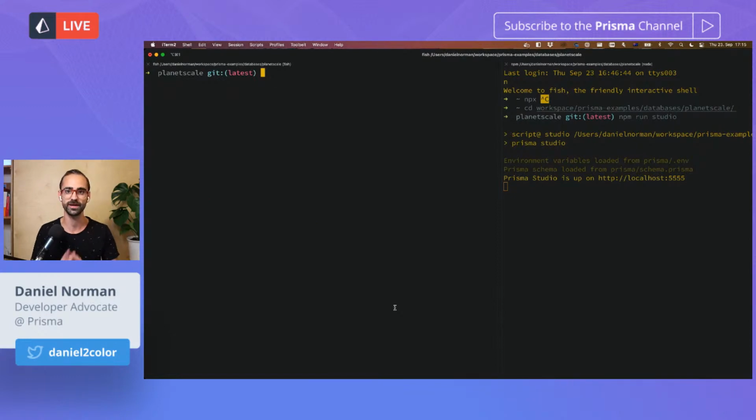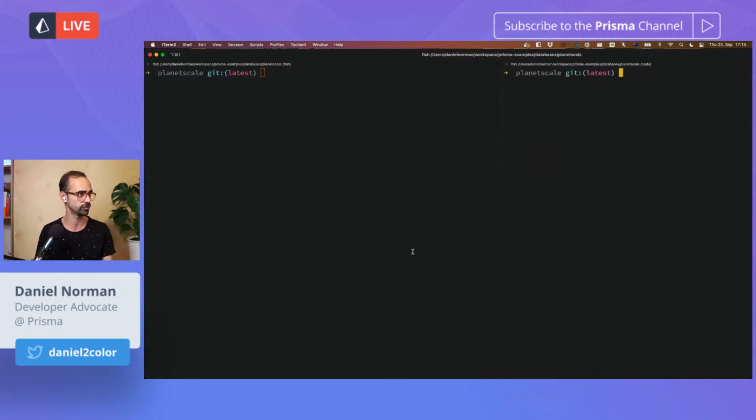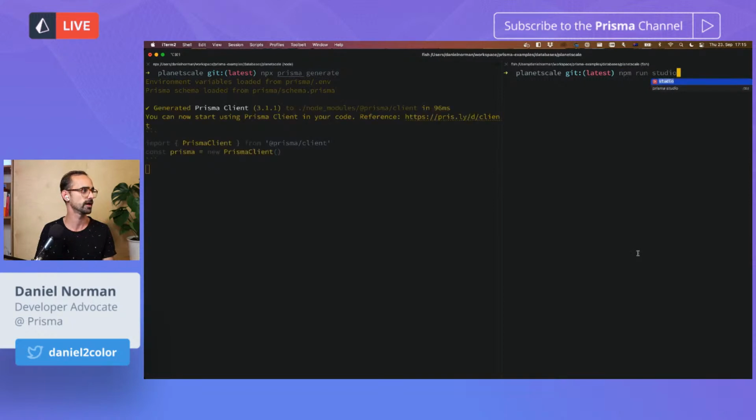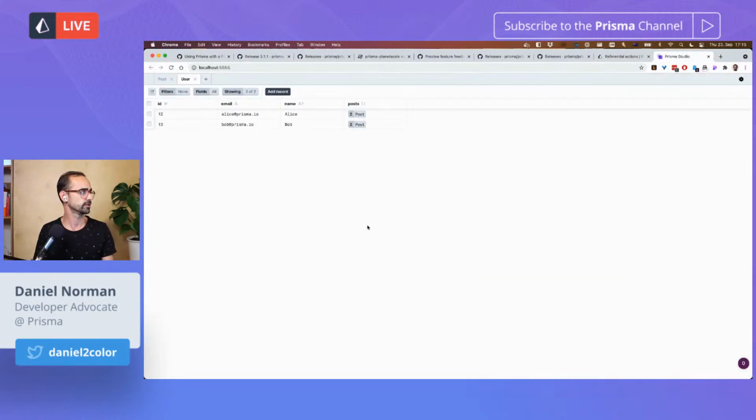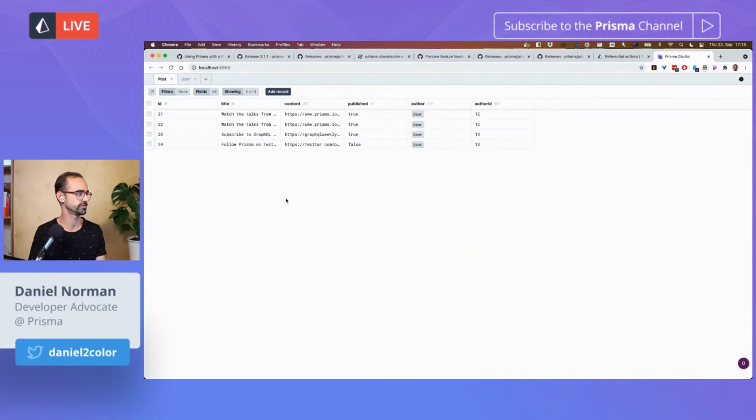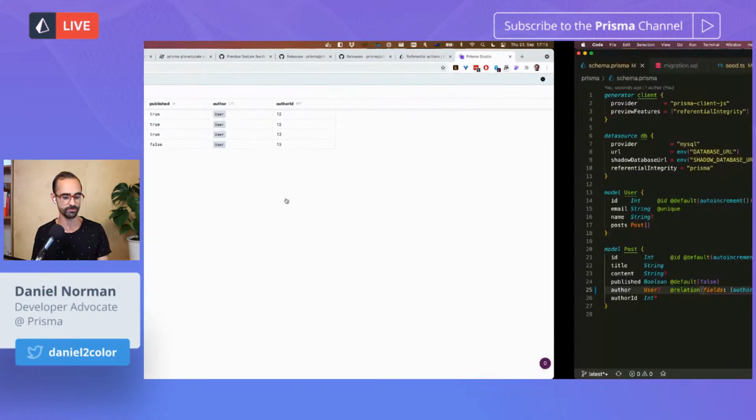And one thing to note is because this is managed on the Prisma layer, every time you change some of the referential actions when referential integrity is set to Prisma, it's important to run Prisma generate. And so I'm going to do that. I'm going to run npx prisma generate. And after that's generated, I'm going to open up Prisma Studio again. So we have that. And that's loading. And again, we have the 2 users that I've seeded, and each of these has 2 blog posts.